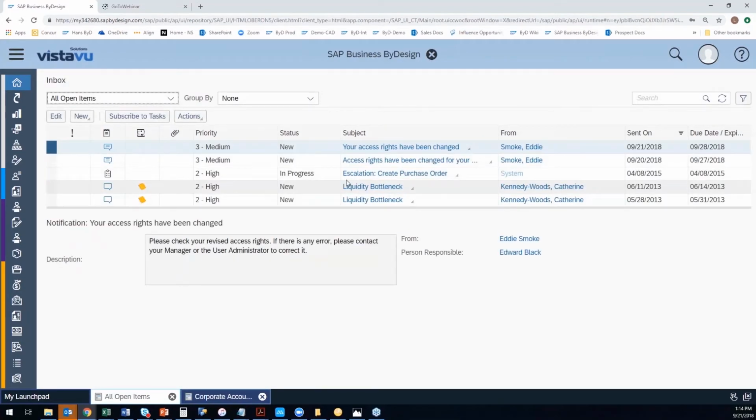And so if I pop into my inbox, I'll see that I've got some items that not only were created by the system, so an escalation because I'm supposed to create a purchase order, and the system's telling me, based on the lead time of the supplier, if I didn't create this purchase order, I have the potential to impact some of my orders. So hop to it and get on it. I also have different user-generated